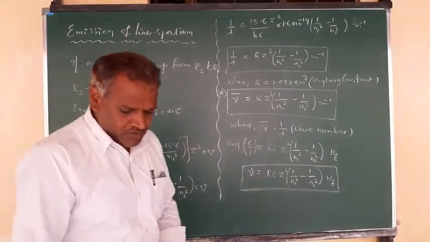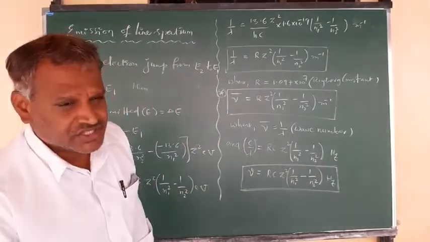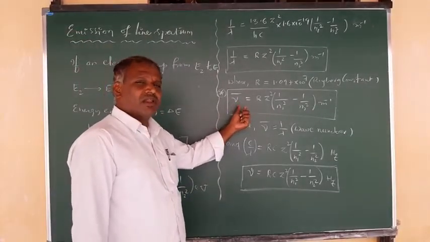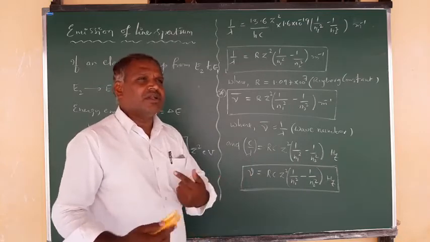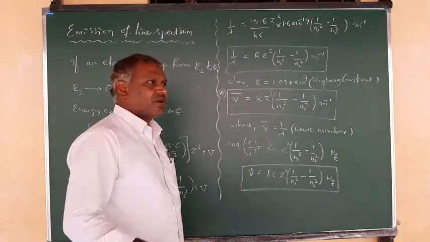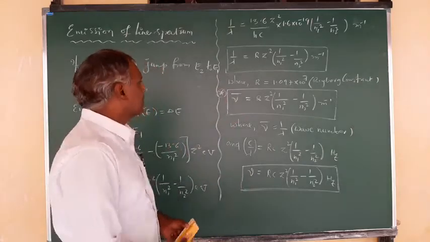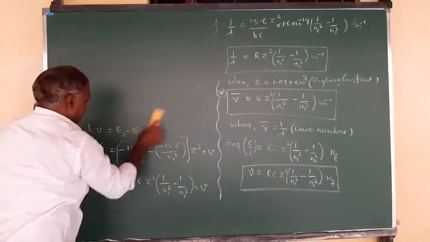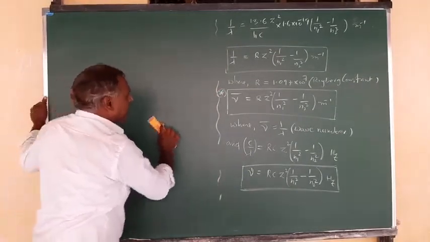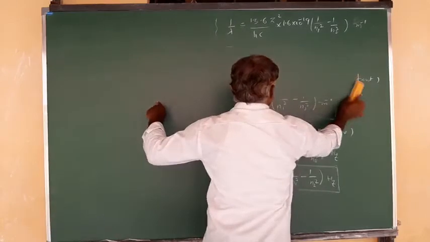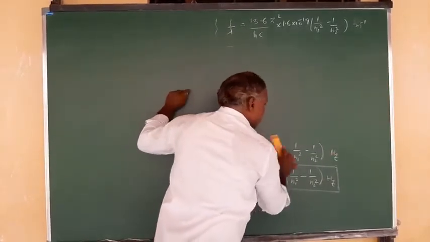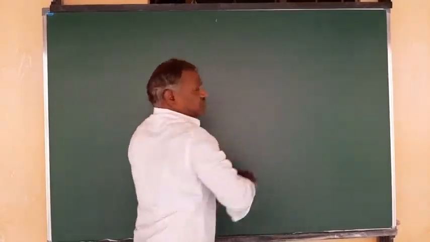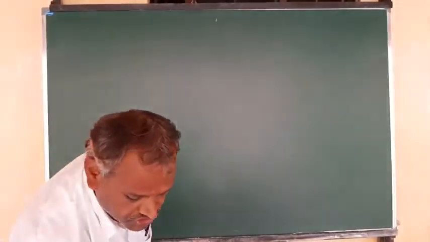Okay, now we can go to the hydrogen spectral series. Using this equation, we can calculate the wavelength emitted during the transition of an electron from higher energy to lower energy. That we study in the spectral series for the hydrogen atom. So what are the different wavelengths emitted when an electron makes a transition from higher energy to lower energy, correct?